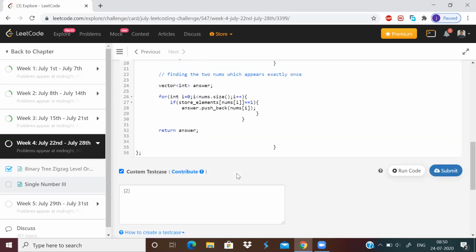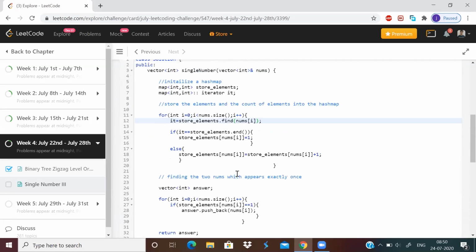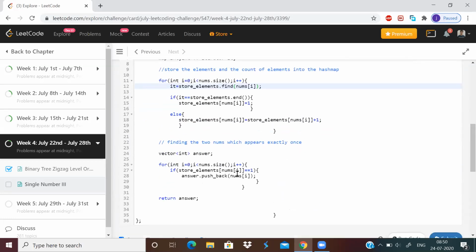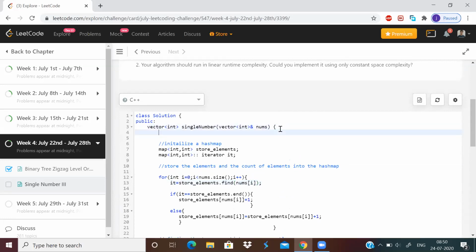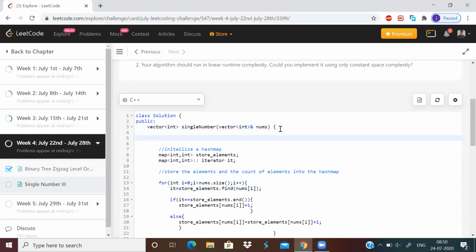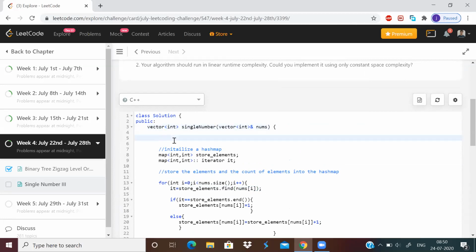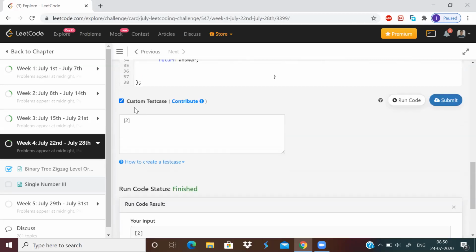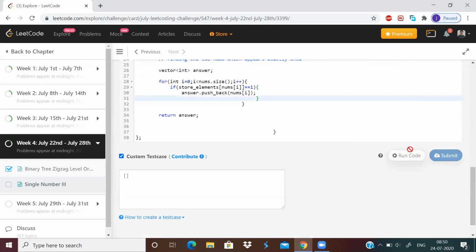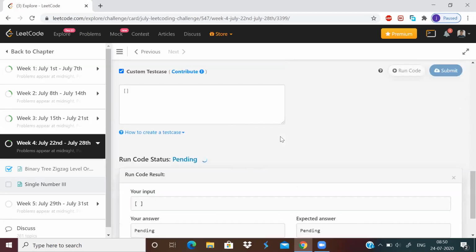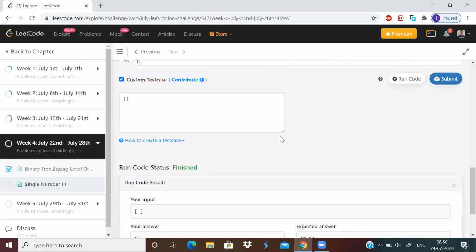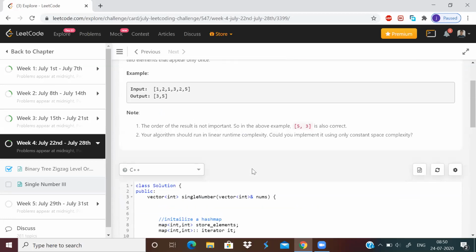I'll also check for an empty array and see what the test case shows. If it shows 0 0, then I just need to store 0 0 there.